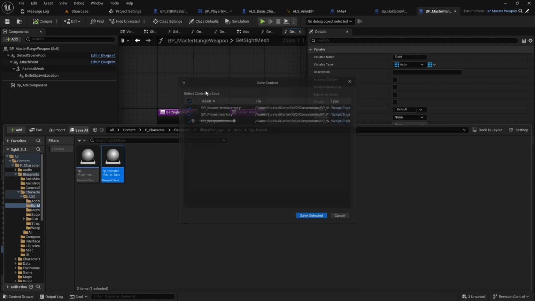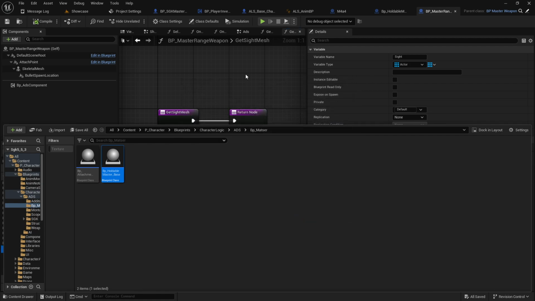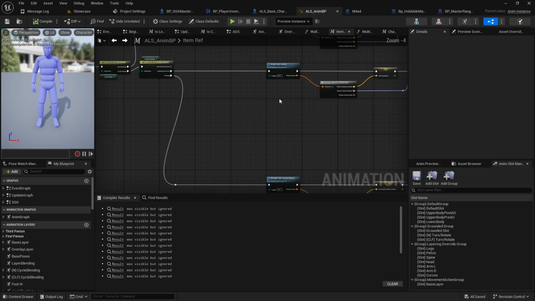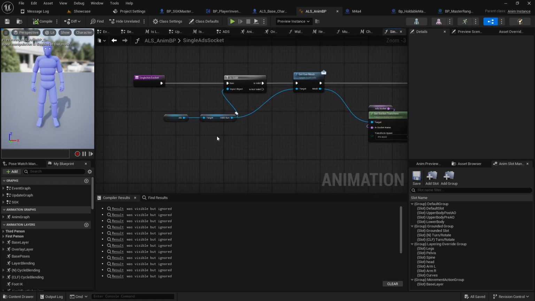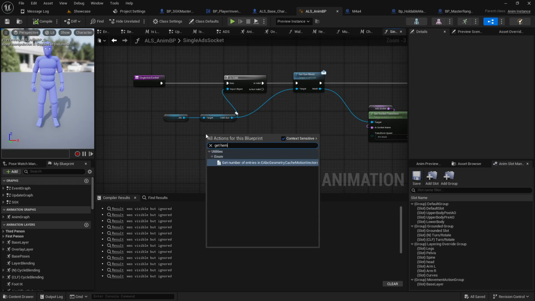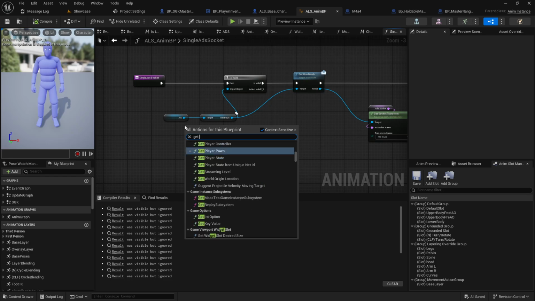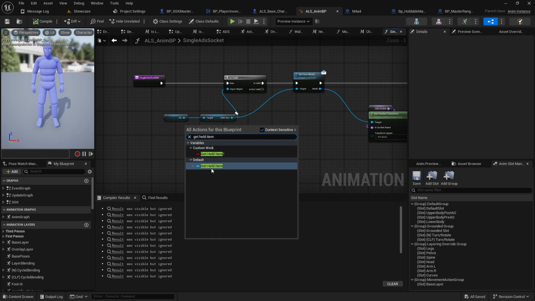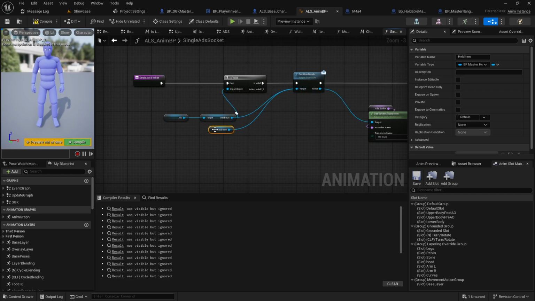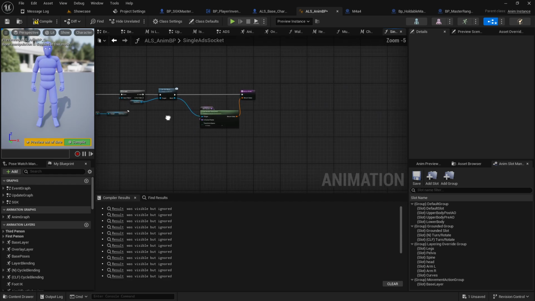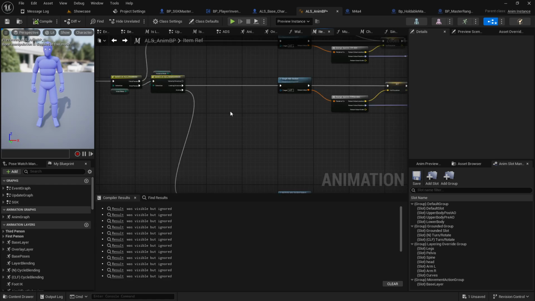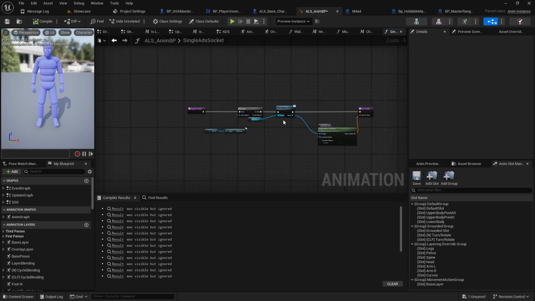And evolve case things crash. So now if I came to this bad boy and then get held gun, get held item, so finish this. This one is a single socket, so